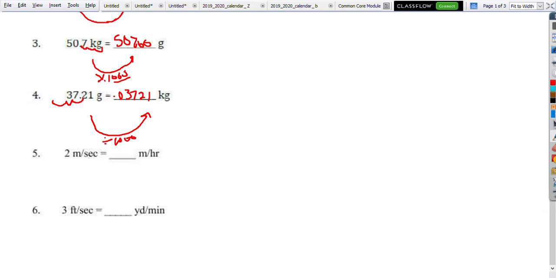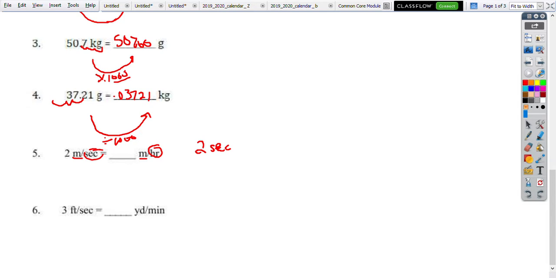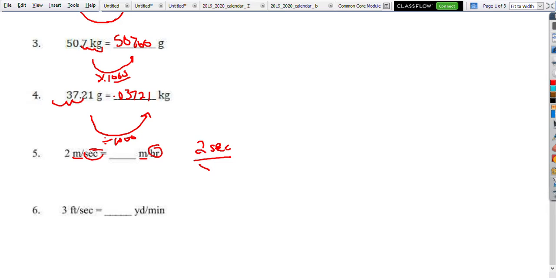Okay, this is where it gets a little bit tougher. So when I have multiple units, I have to convert 1 unit at a time. Now we can see if I'm doing meters per second and meters per hour, the meters stays the same. So really, I only have to convert seconds into hours. So I'm starting with 2 seconds. So meters per second. So I'm just converting the 2 seconds, and I'm converting it essentially into hours. So 2 seconds over I don't know how many hours,